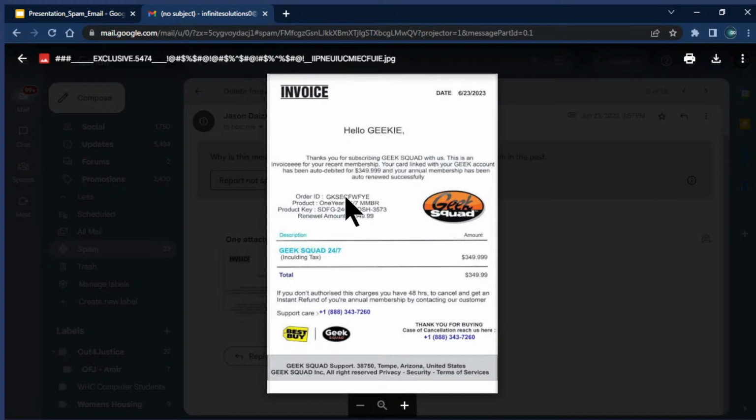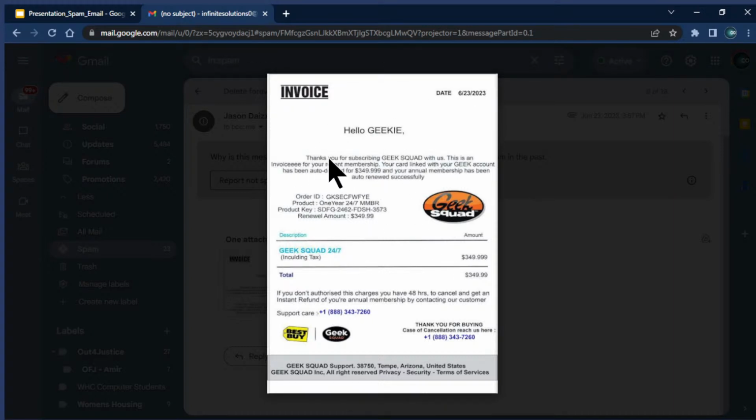All right, now when you read through this paragraph, you see here invoice misspelling, right? I'll tell you this: anything that comes from Best Buy, Geek Squad, very slim chance is going to have a misspelling, and if it has a misspelling, it's not going to be that obvious.